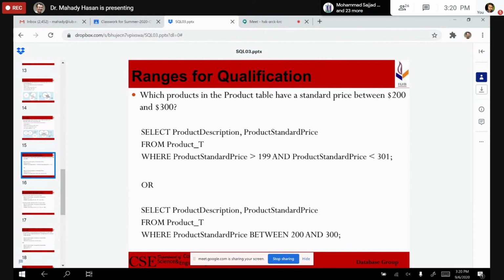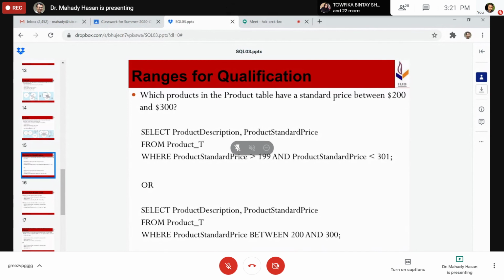Or we can simply say where standard product price BETWEEN 200 and 300. So this is another way of representing the range query. Instead of the AND statement, we can have BETWEEN. Is it okay?